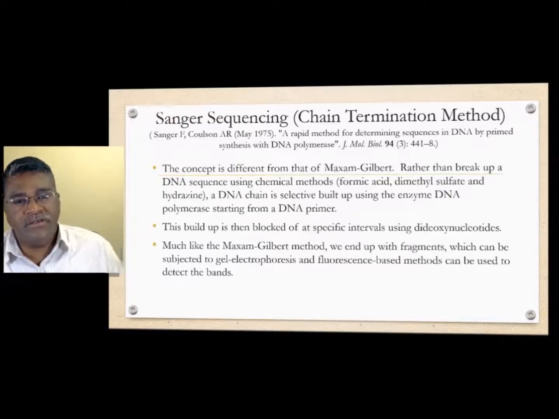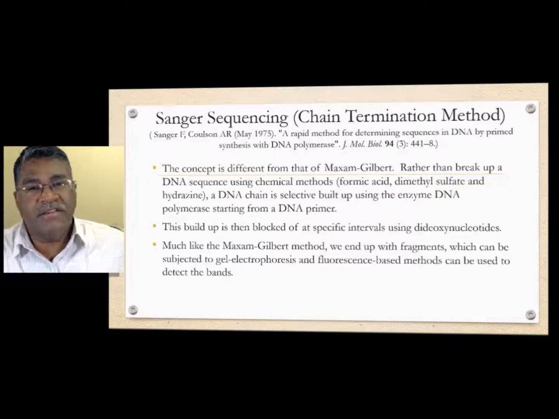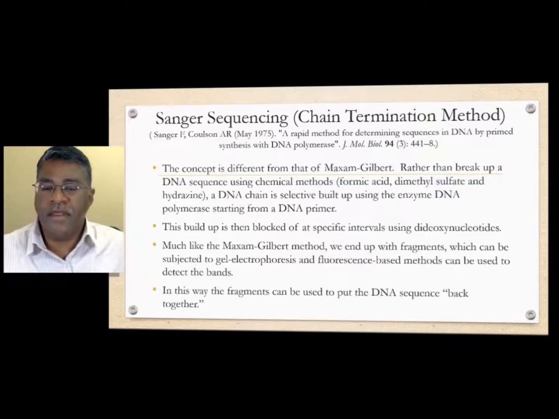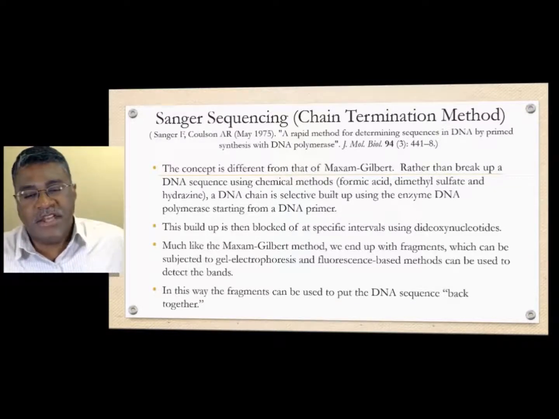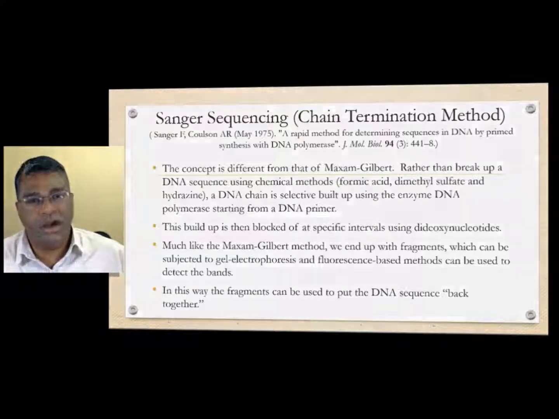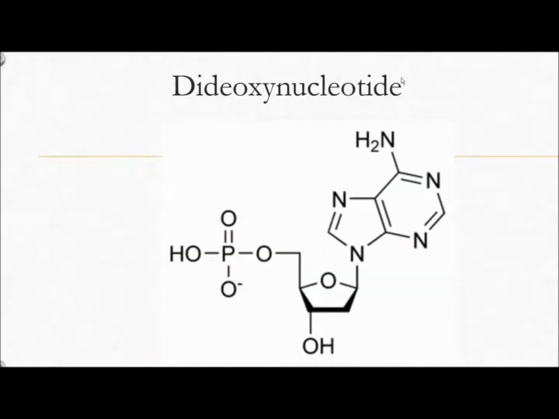And the bands are associated with certain mass, certain fragment sizes. And then, again, these are the fragments that you put together in a kind of linear jigsaw puzzle that I talked about. In this way, the fragments can be used to put the DNA sequence back together. And once you put that in the right order,